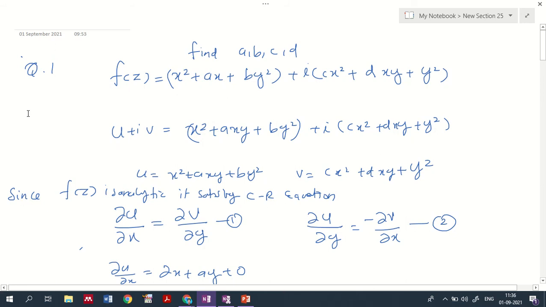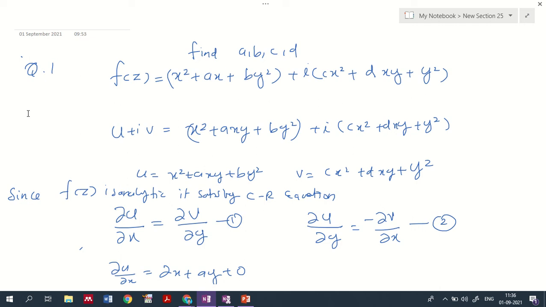So today we will be discussing complex analysis again. And last class we gave you homework regarding finding the unknown values in a particular complex variable function, where the function is said to be analytic. If you know that the function is analytic, how do you find the unknown values present in that function? So that is the homework that was given to you.